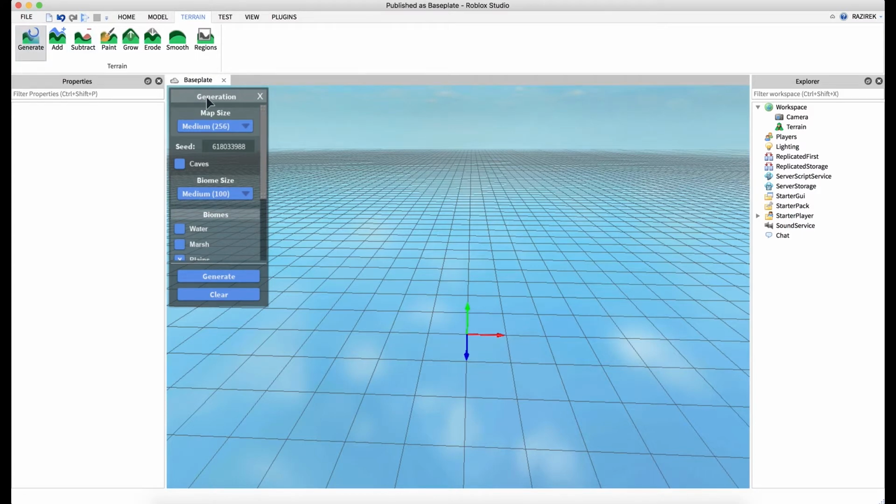Now when we click this, you're going to notice a dialog up here, and this is sort of a wizard for the settings and things that are going to apply to the terrain that gets created. The very first option that you're going to see is map size, and just like the name says, this is going to determine how large the terrain that gets generated is going to be. Seed is a bit of a